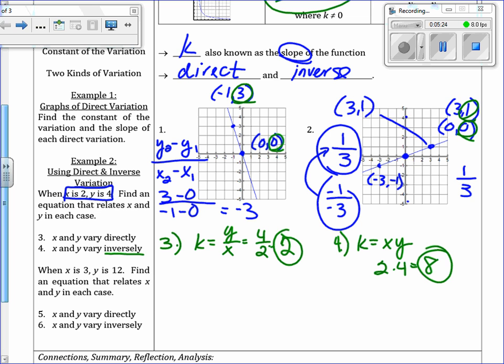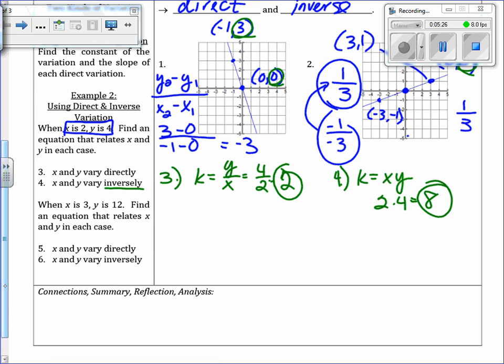Okay, so when x is 3 and y is 12, find an equation that relates x and y in each case. When x and y vary directly, again, for number 5, I'm going to go ahead and say y divided by x, or k, equals 12 divided by 3, which is 4. When they vary inversely, k equals xy, or I can say k equals 3 times